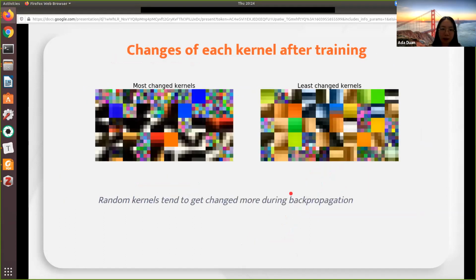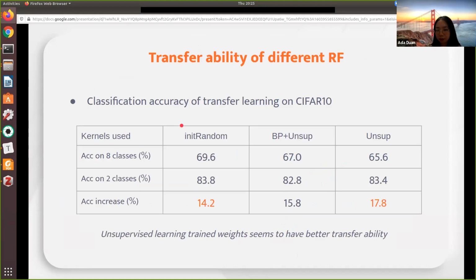And if we look at how much the kernels change after training, we can see that the random kernels tend to get picked up by the backpropagation and changed more. So it seems that the structured kernels are just not as useful as a random projection for the classification task. But if we look at the transfer performance of these different learning rules, that doesn't seem to be the case.